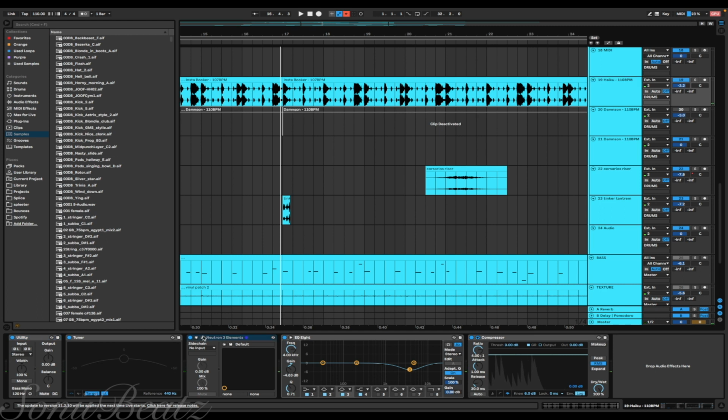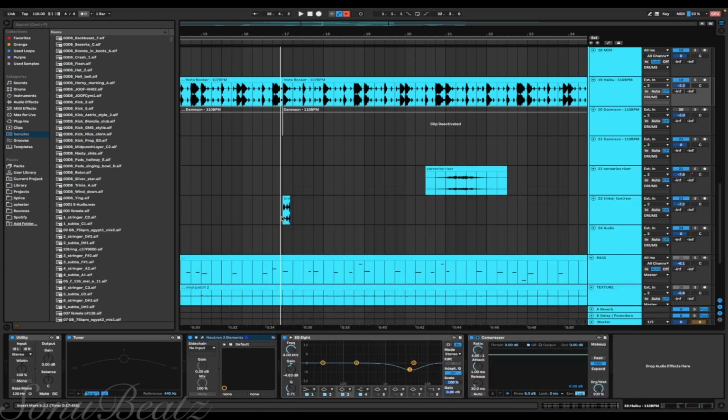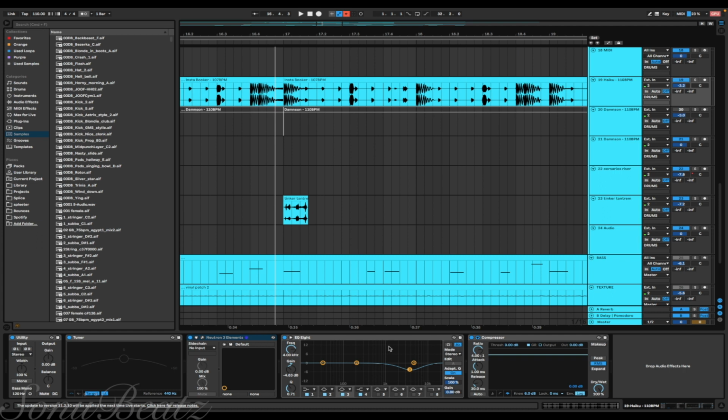And I just put a transient shaper on this. It's not really doing much. There's a little more attack, and I turned down the sustain a little bit. I think because the kick was a little boomier in the original one, and the hi-hats were kind of loud, so I tried to EQ out a little bit of the high end.